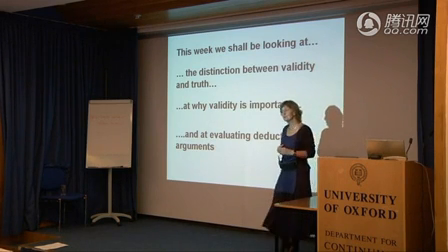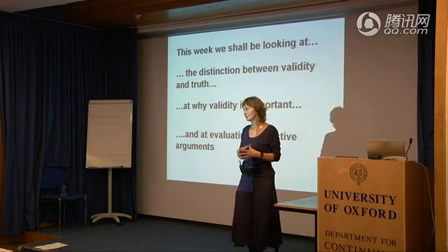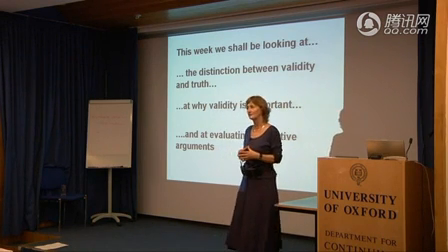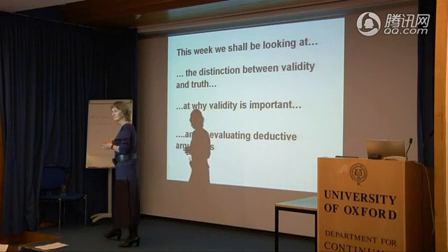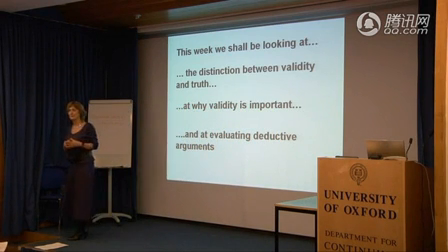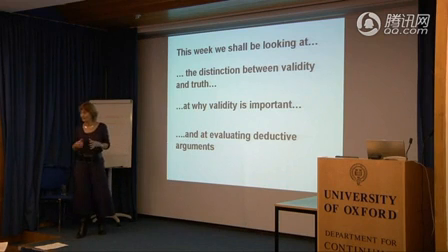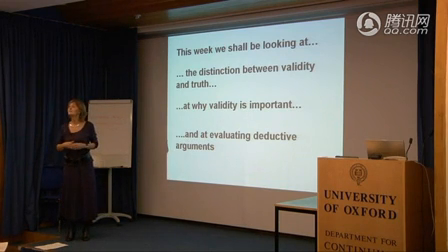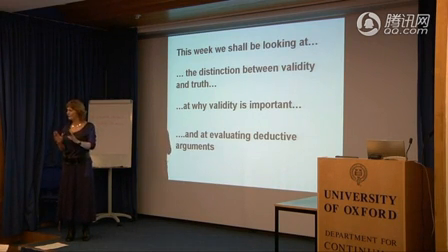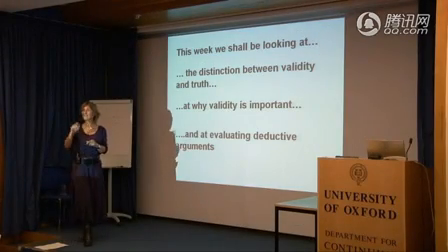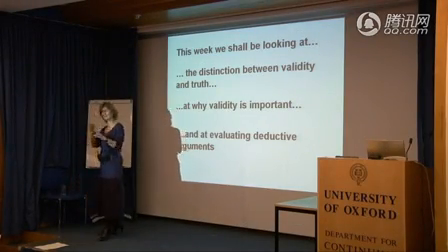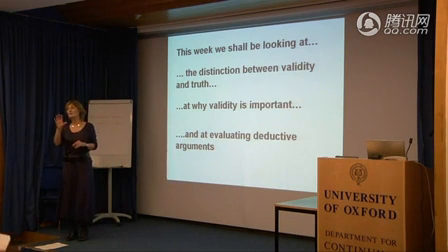We've actually already mentioned the distinction between validity and truth. Would anyone like to have a go at telling me what it is? It was about 3 weeks ago, so quite reasonable if you don't remember, and quite reasonable if you get it wrong, because we only mentioned it glancingly. An argument can be valid but not true. Good, yeah. Okay, an argument can be valid but not true. Why is that the case? Right, okay, you were doing, let's not push it. No, you were doing very well then.